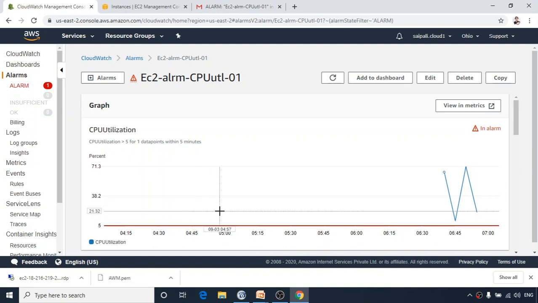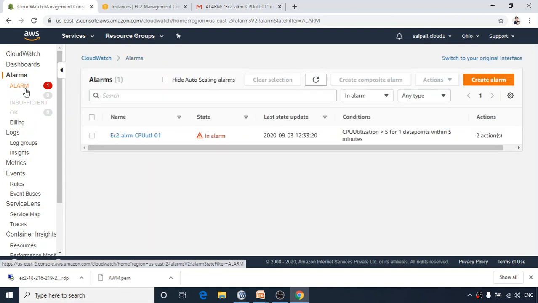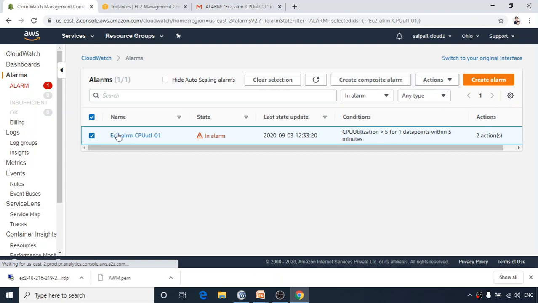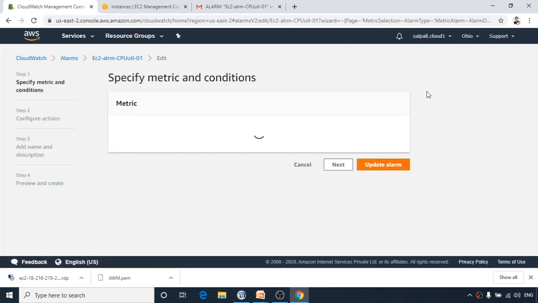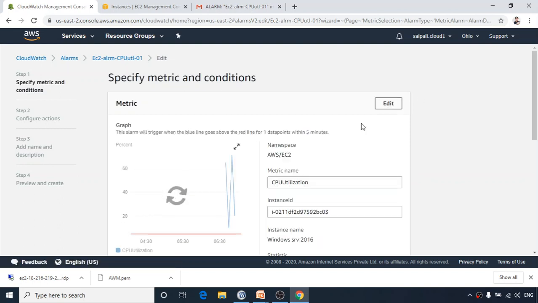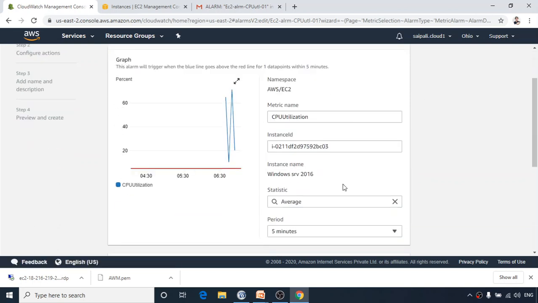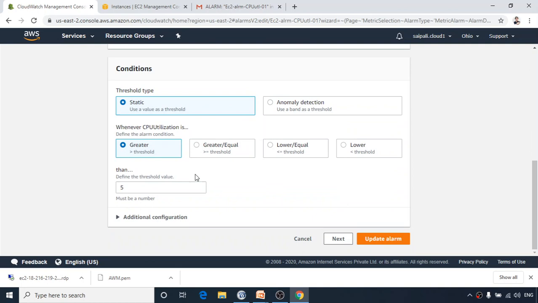Now how can we change the alarm setting? Is there any possibility to change it? Let's try. We go to the alarm, open it, or go to the Actions option, Edit. Let's see, are we able to change some condition there? Here is the greater than. Maybe this time I make it 60%. So I am changing the threshold value, or let's keep just 20%.